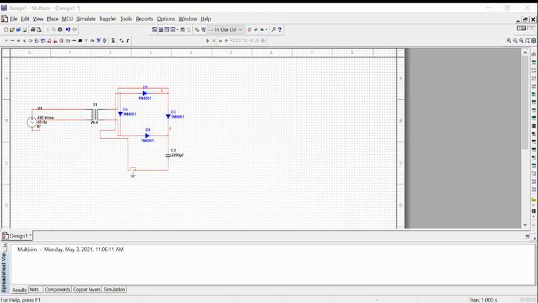If someone is asking about ripples, ripple is basically caused when we convert AC voltage into DC voltage. So you need to smooth that DC voltage. If there are ripples in your DC voltage, your electronic devices may not operate well because we need a smooth DC at the output. Whenever we convert AC into DC, some ripples occur due to different factors. So we use a capacitor to smooth it, or we can also use an inductor with it, or a combination of both an inductor and a capacitor as well.